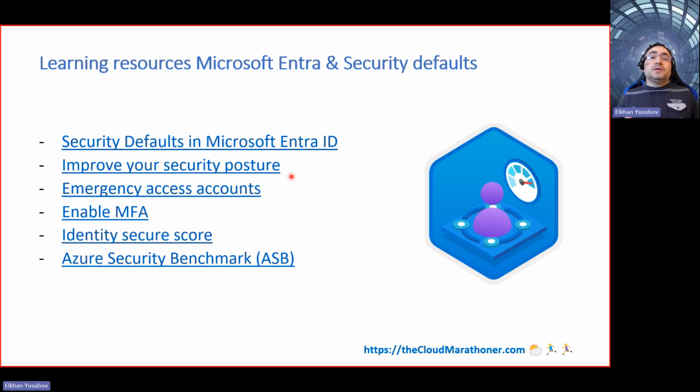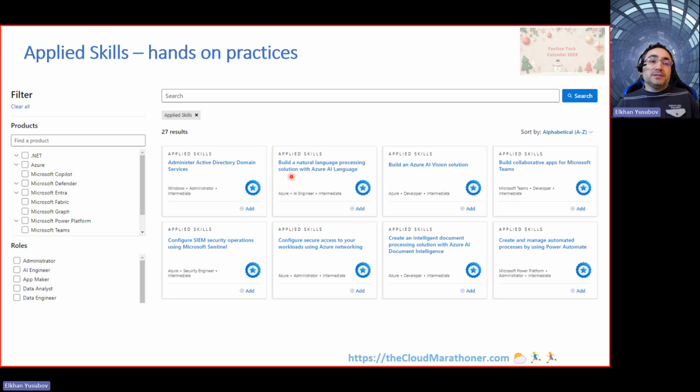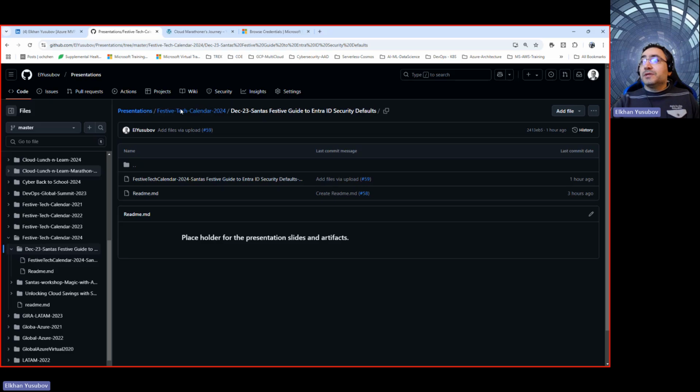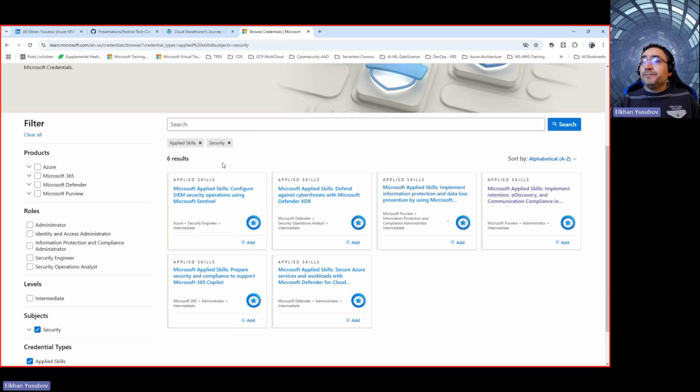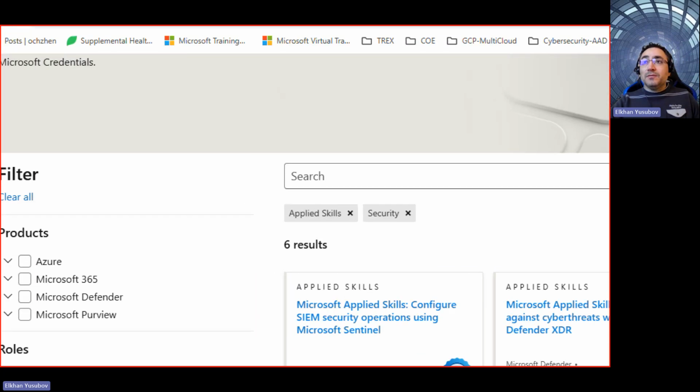hands-on training, because usually with Microsoft Entra tenants, some organizations lack a development or testing environment. And for those folks, I would say there's a good set of learning as well as hands-on testing that you can do with applied skills. Here's the screenshot. There are a number of security skills that you can apply. But if you are specifically interested in security-related applied skills, there is one to browse under Learn